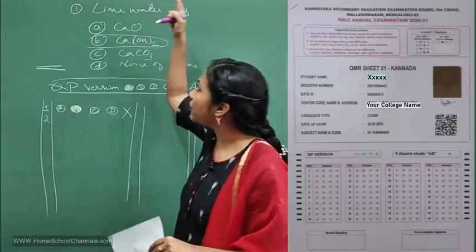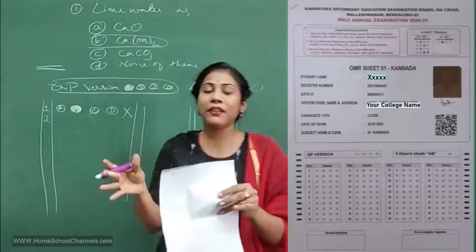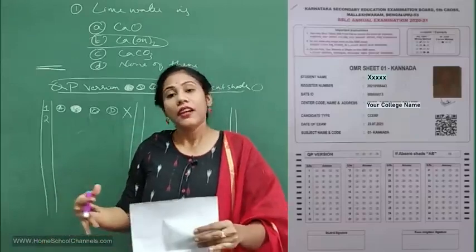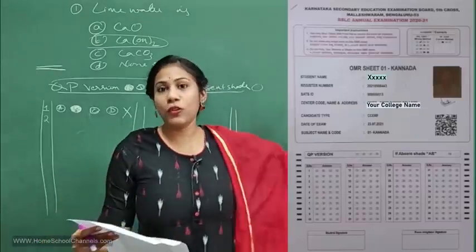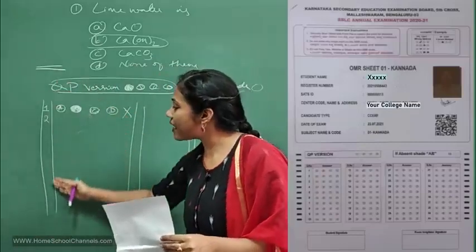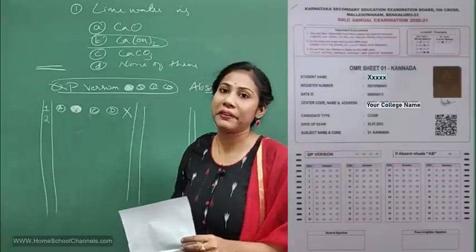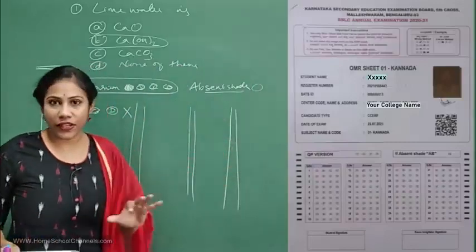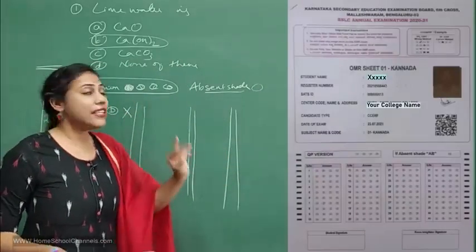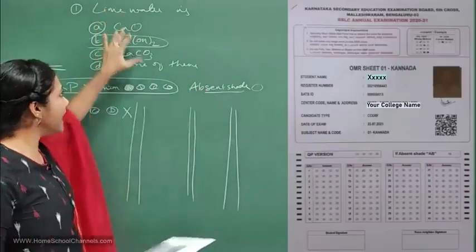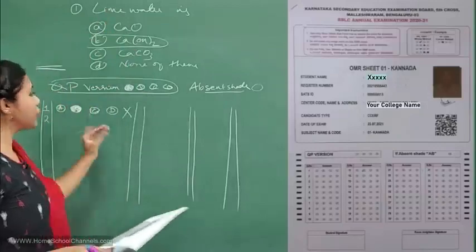So first you have to read the question. See, the question paper will be provided separately and the OMR sheet will be provided separately. The OMR sheet looks like this, and in the OMR sheet, you have to go on shading the circles in this particular format. Clear? So all the 40 questions you can shade this way only. So first thing is you need to read the question carefully in the question paper and select the answer, then go for shading it.